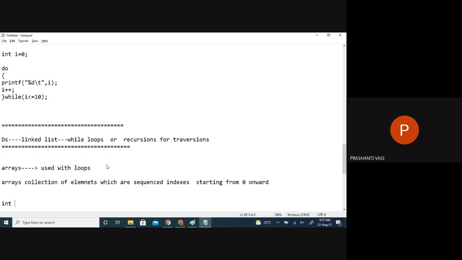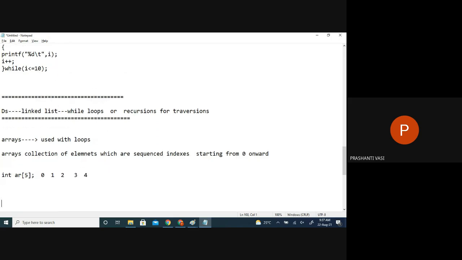So if I have declared an array of size 5, the indexes would start from 0, 1, 2, 3, and the last index would be 1 less than the size. So the last index will always be 1 less than the size. If I have to print all the elements of an array, I can take in elements of an array something like this. And if I have to display, the elements are found inside the array block, but we can call them with specific indexes like this. So the second element is in this index.